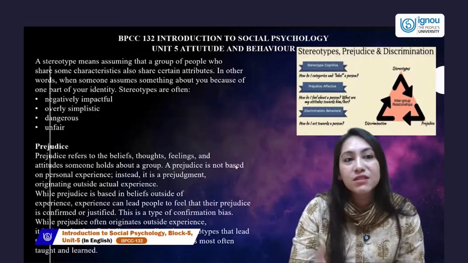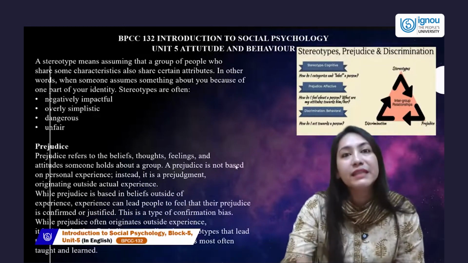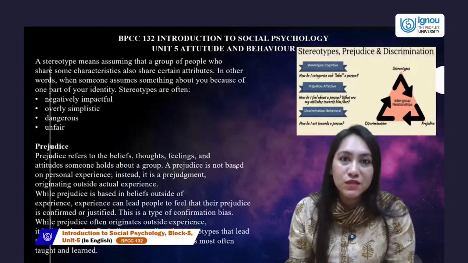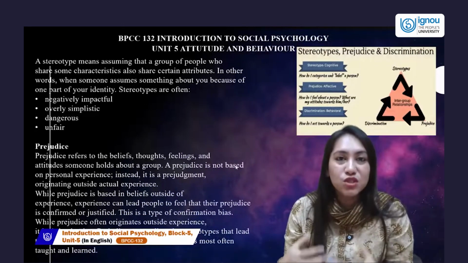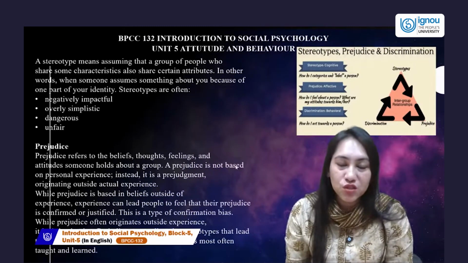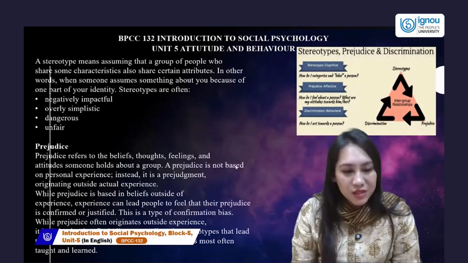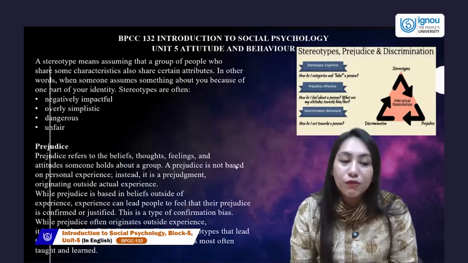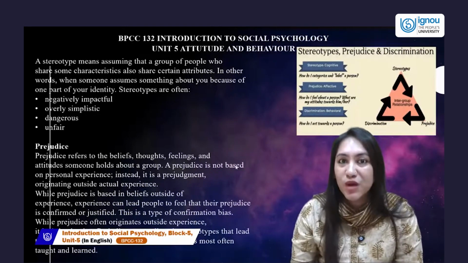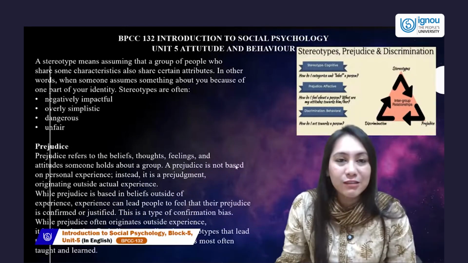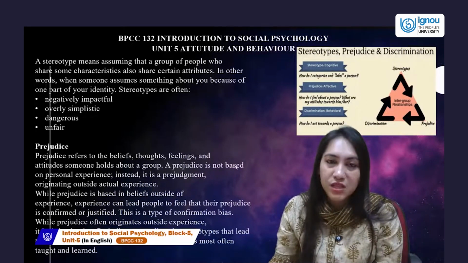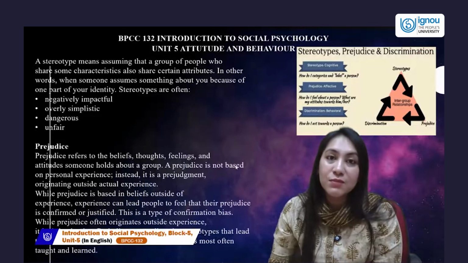When you've been having a certain assumption about a group of people, that can lead to prejudices, which can be negative, which could solidify your belief system. Belief is prejudice, which is your thinking, reasoning, your judgment, your value making about that group, and it can solidify and further lead to discrimination. Discrimination often stems from something which is taught and learned. So prejudice, usually when practiced more often, is taught and learned to us. And prejudice is a cognitive component, which is the thinking component. Discrimination is the behavioral component.